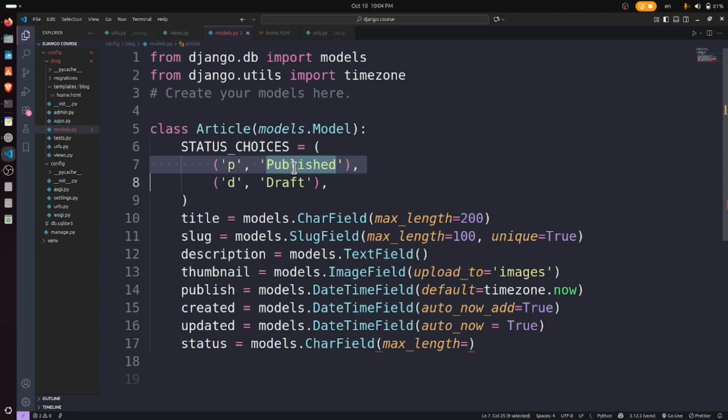But here the second one will be shown to us. Like whenever we see the status, it will be shown either published or draft. So the D will be kept in the database, or the P. So the published or the draft words will be shown to us. That's why whatever you write here, for example,